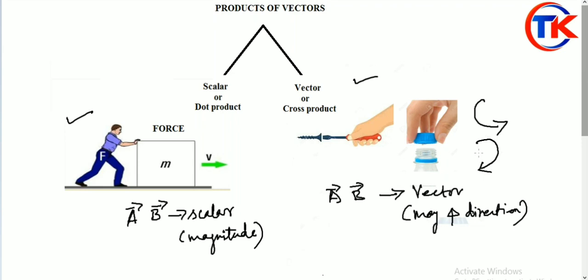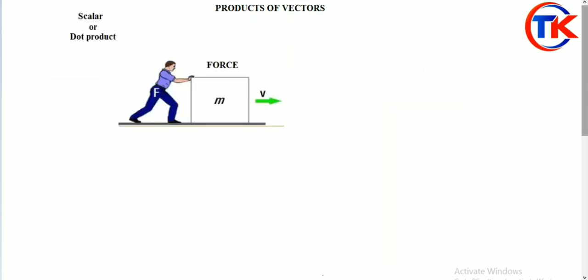In this video, we are going to derive scalar product, which means we are going to get magnitude alone. In the next video, we will see what a vector product is and how we multiply to get a resultant with magnitude and direction. Clear? I will continue on the next sheet. Before we derive scalar product mathematically, we can understand it through this example clearly.